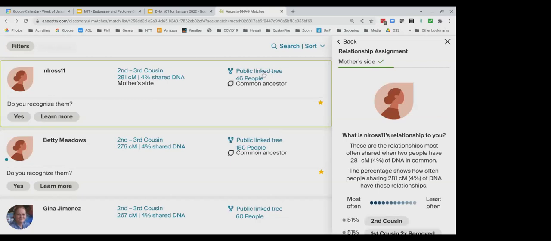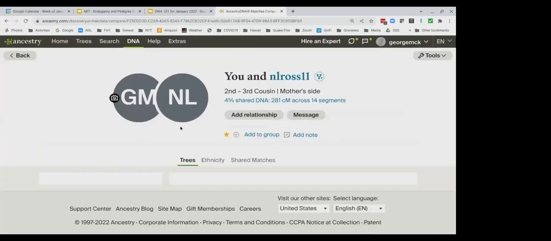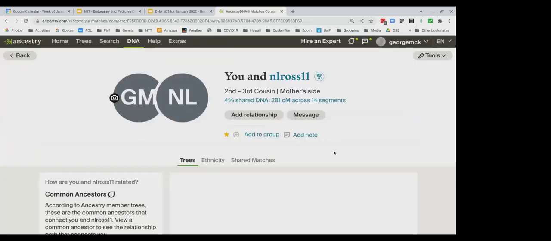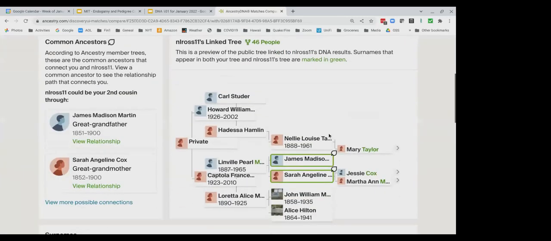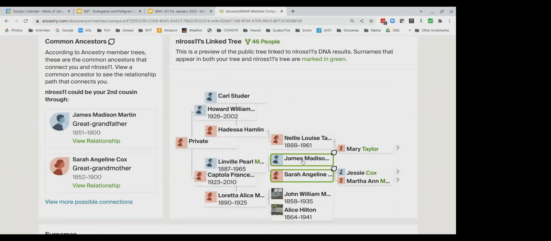Actually, before I do that, I better look at the tree, shouldn't I? So I'm going to look at the tree. Okay. And NL Ross and I share great grandparents, James Madison Martin and Sarah Angelin Cox. His grandfather is Linville Pearl Martin. If we compare,